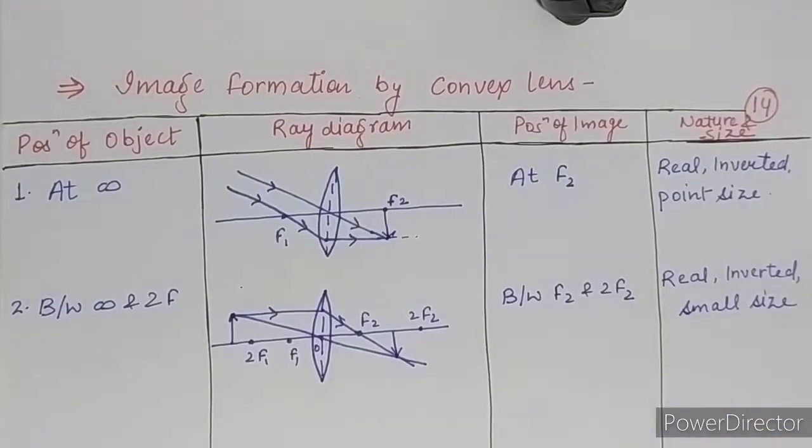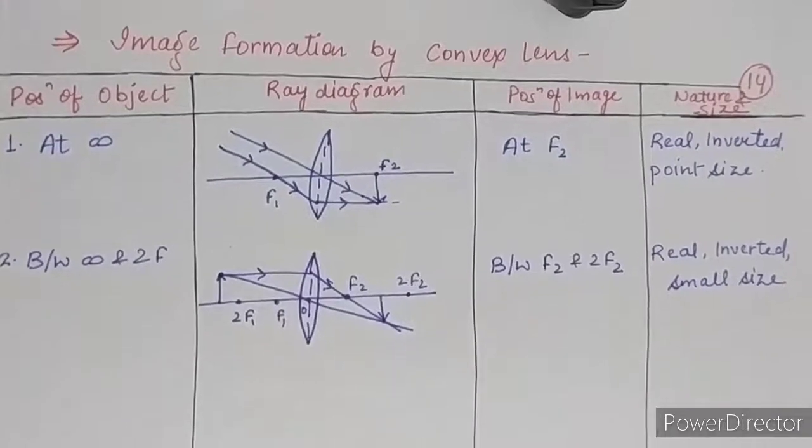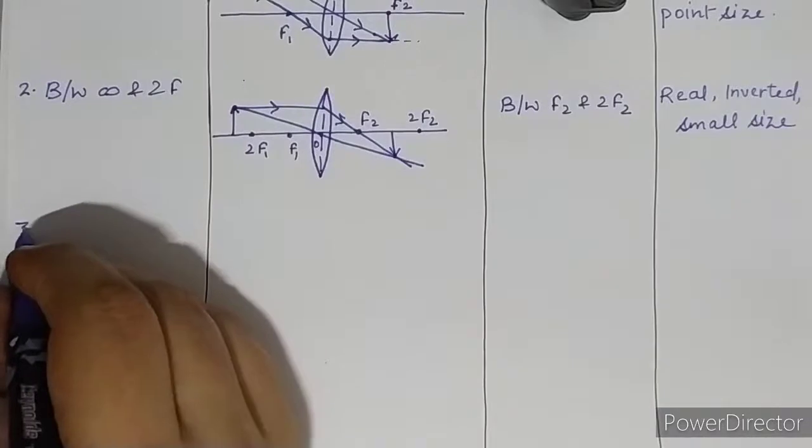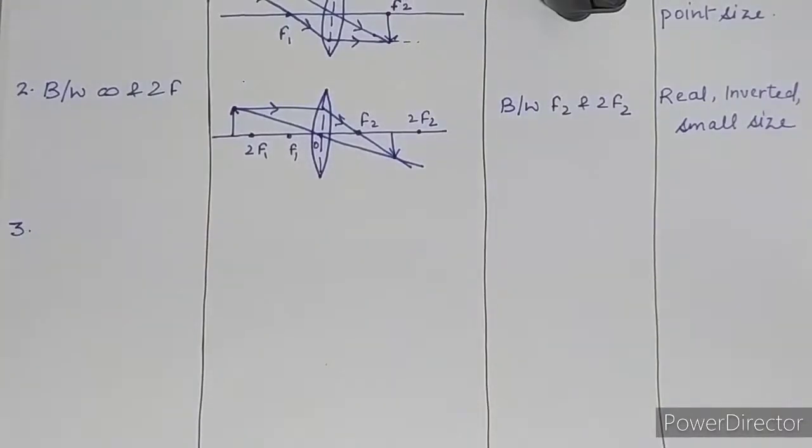Clear beta? Okay, moving ahead with the third ray diagram. The same condition is applied in the image formation of the lenses: as the object comes near to the lens, the image is made far from the lens. The same thing is there in the mirror also, and as the object is coming nearer to the lens, the size of the image is going bigger.